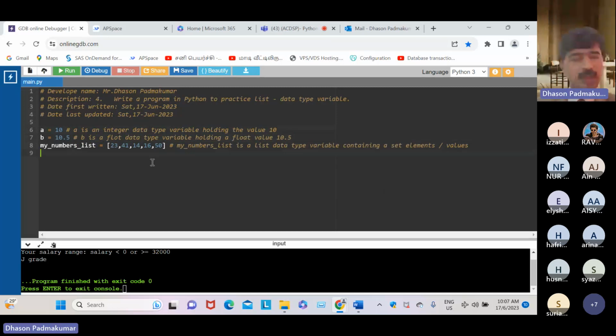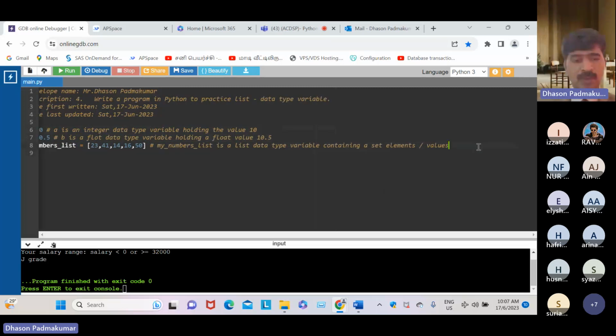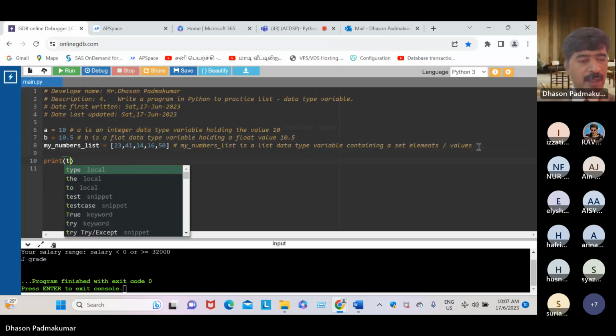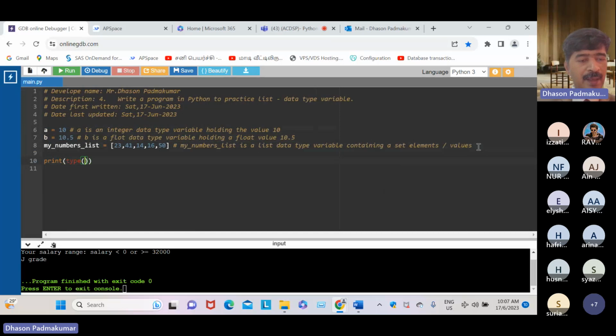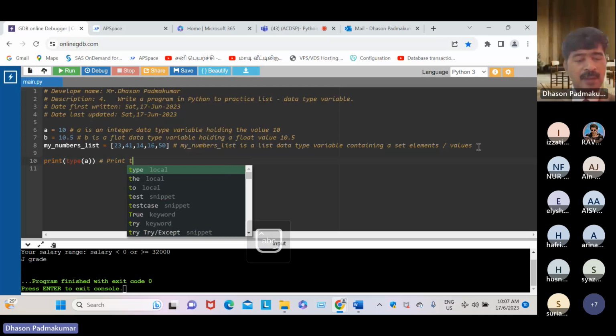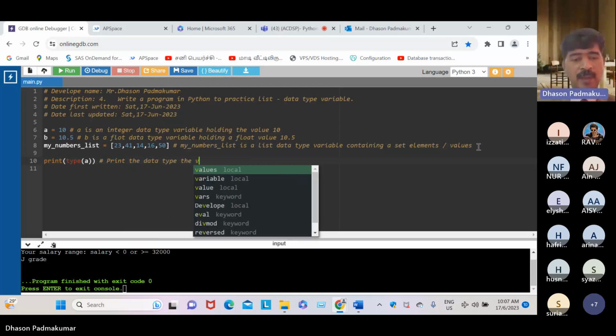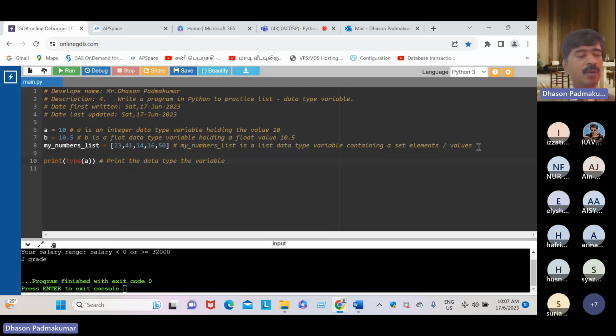Okay, dear students. So here now, I'm going to print. Print type A. You know the type; what is the purpose? Print the data type of the variable. Let's say I don't know what it is.